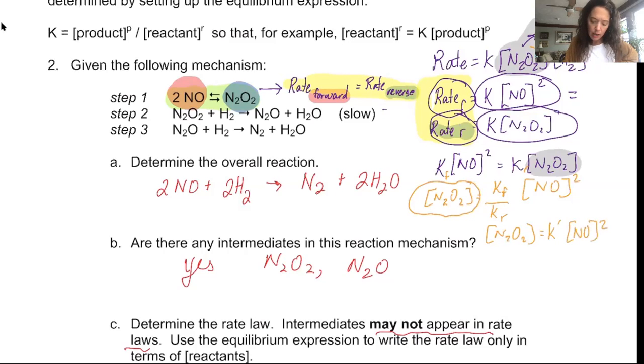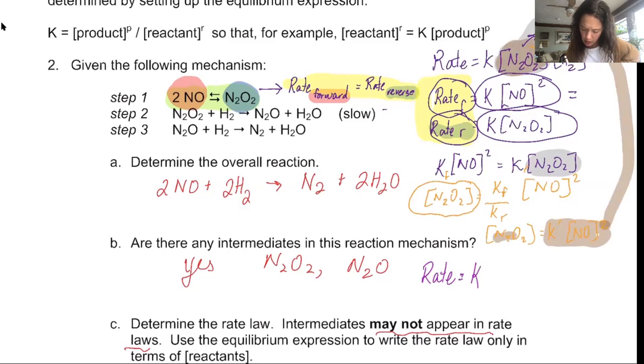And I can take this and plug it in to this. And what do I have? I have the rate